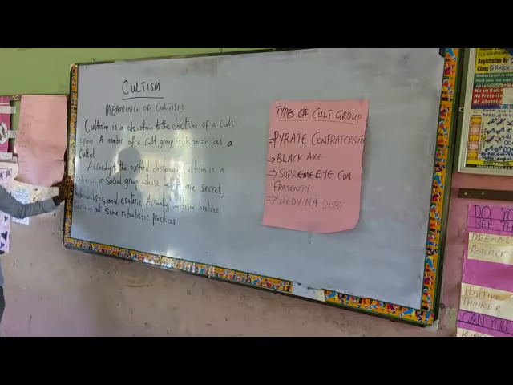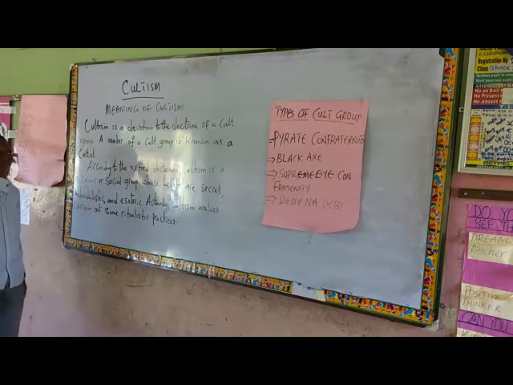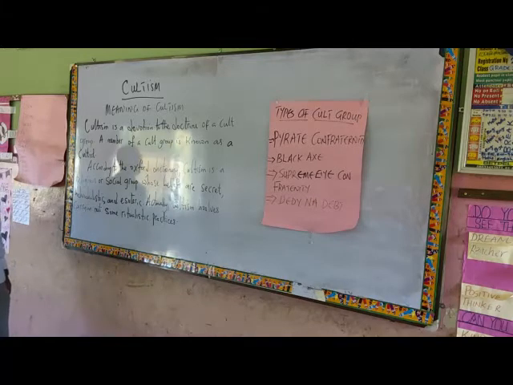So let us look at the meaning of cultism first. Cultism is a devotion to the doctrine of a cult group. A member of a cult group is known as a cultist. Now, when we say cultism is a devotion to the doctrine of a cult group, what we are trying to say there is that it is a kind of